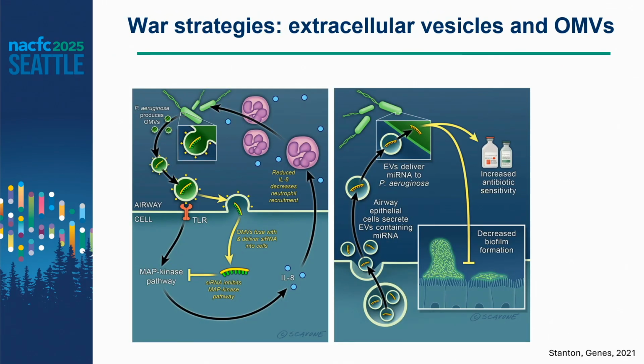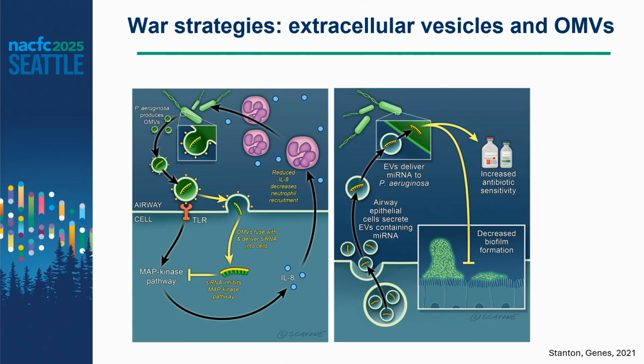And that leads me to the last topic. I don't know if I'm over time or not, which is also a very novel topic that I think is worth future investigation, and that is the role of extracellular vesicles and outer membrane vesicles. It's been shown previously by Dr. Stanton that bacteria can release these OMVs that act on the airway epithelial cells and reduce neutrophil recruitment. However, this crosstalk needs to be further investigated, as I would suspect that this population is very heterogeneous as well,